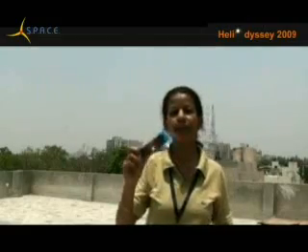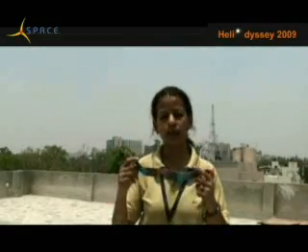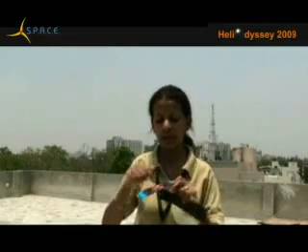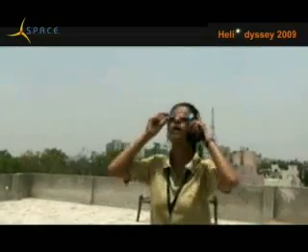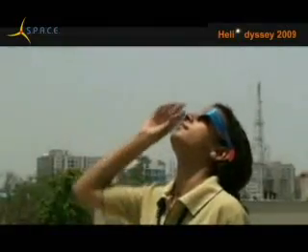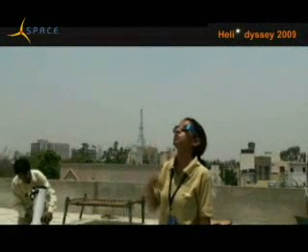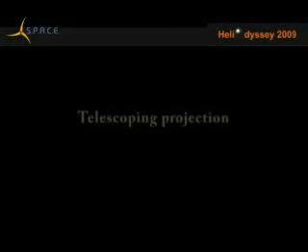Now, one method which can be very useful is to use safe filters. This is the solar viewing goggles, right? In which you can see there are two windows and there is a filter piece on each of the windows. So what we can do, we can wear these goggles and look at the sun. With UV ray and infrared ray not penetrating through this filter, my eyes are safe.